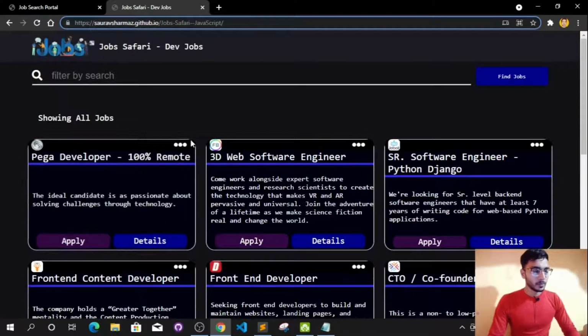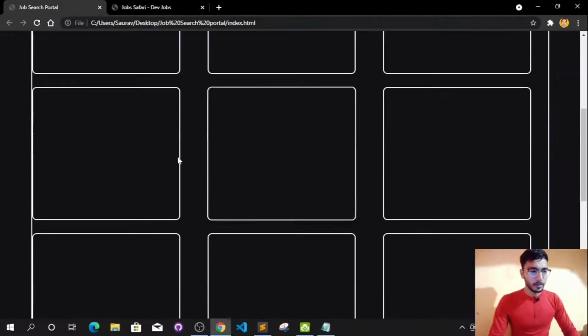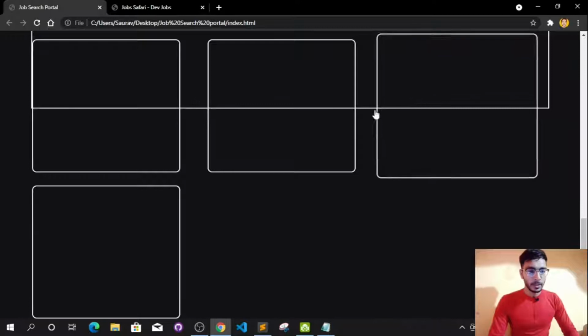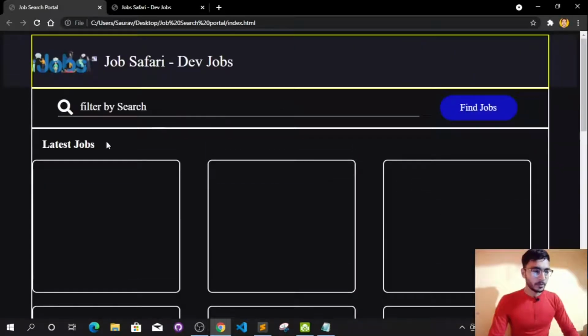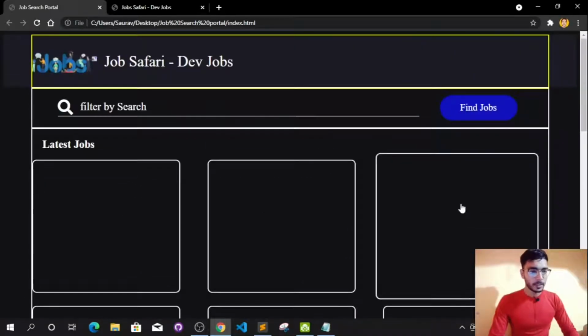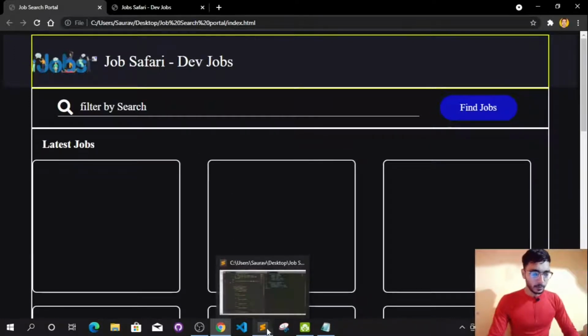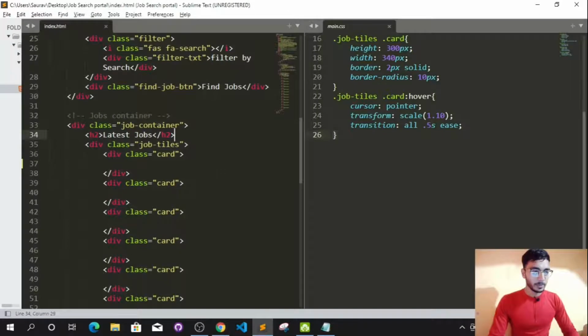And we are going to build this website, and in this part right now we have built these cards, and in today's video we will remove these borders, like you can see this border, and after removing this border we will add some designing to our cards. Okay, so let's start the video. So I have opened this project in Sublime, and